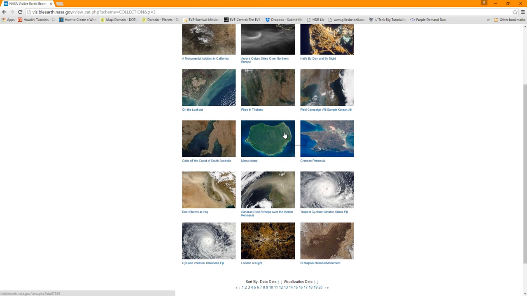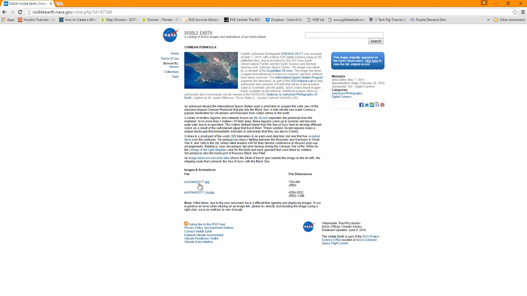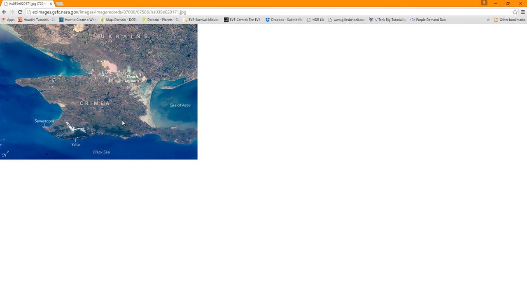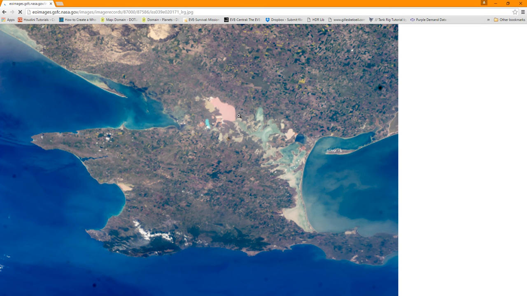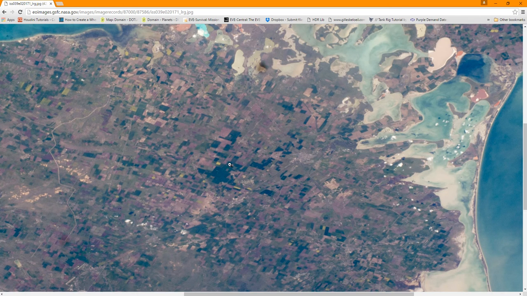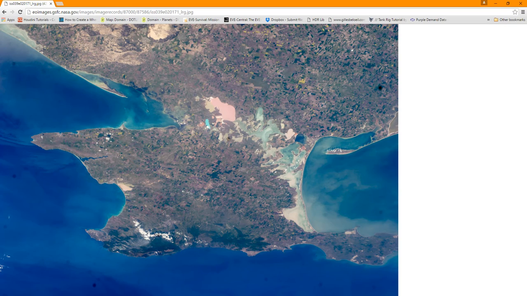Mona Island, Crimean Peninsula. So look at this. Don't tell me that's also got the names on it, which it doesn't. It's taking a while to download, to be honest. There are some clouds in there, but they're only tiny, apart from this one here. Yeah, let's have that.